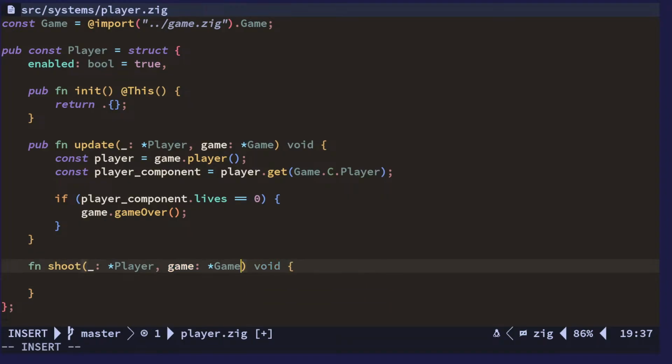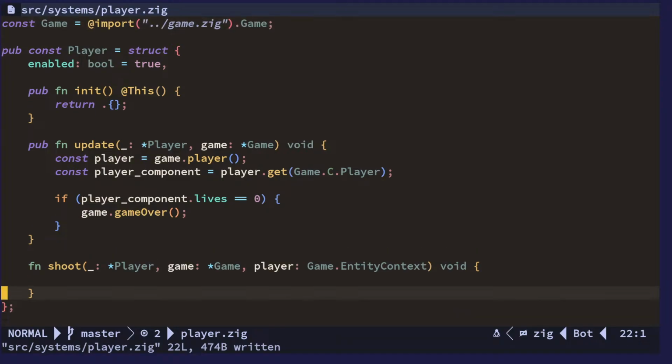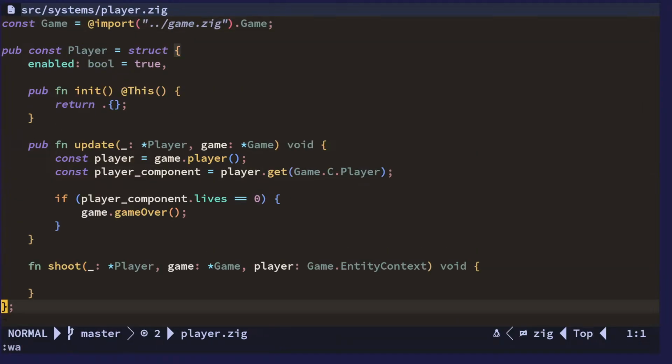we could pass the player so we don't have to get the player every time, I guess. This is an entity context. Now this function could determine what kind of thing you could shoot. Maybe later we'll add more kinds of weapons when you have upgraded your weapon or something like that. I'm just gonna make it so that we're shooting something at first here. And so essentially we're just gonna spawn some kind of spawn projectile,